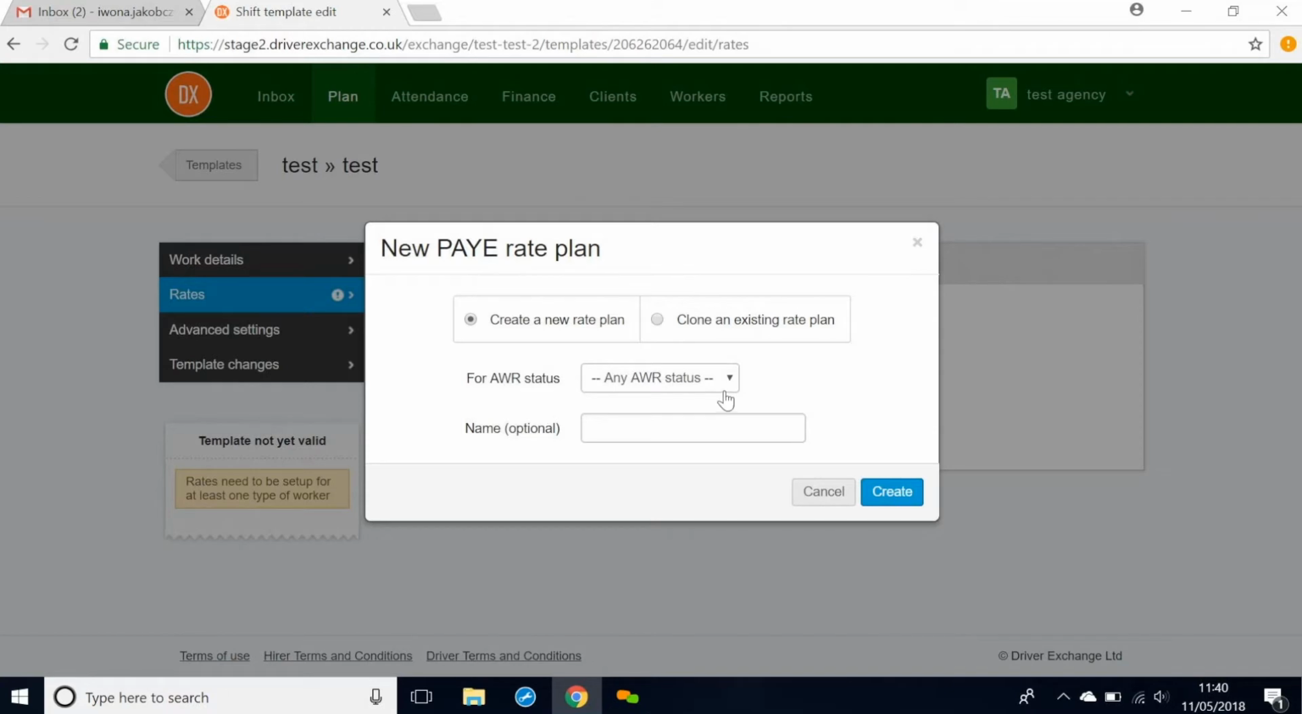What do we do first? For AWR status, we can choose if it's pre, post, or Swedish derogation, which then lets the system know which rate to apply for the particular worker. So all the AWR records that were added previously to the profiles are going to match the AWR status on your template, which means that if someone is eligible for post parity, they will be on the post parity rate. So let's do